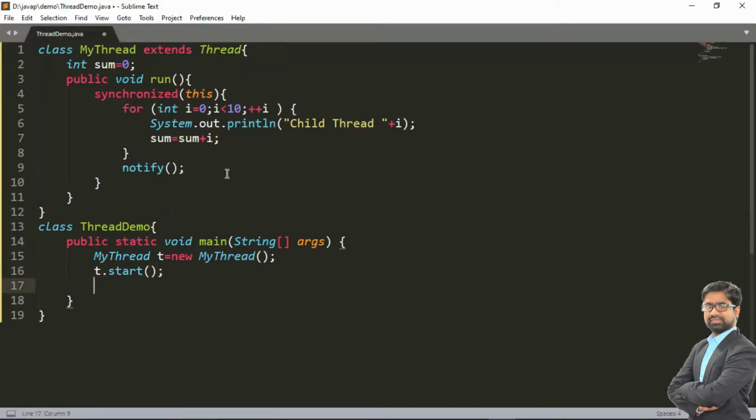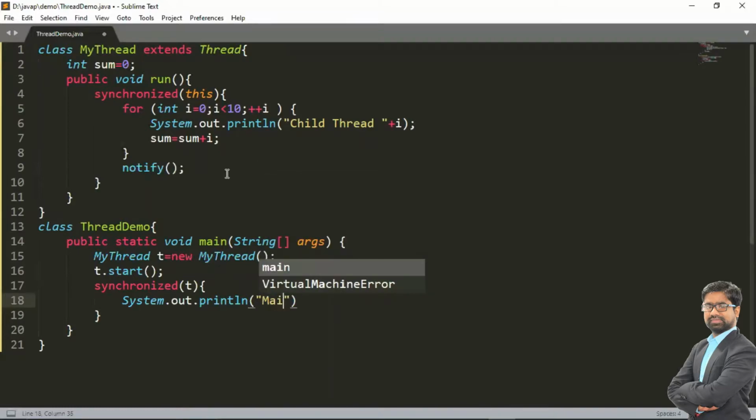Now again we are going to create a synchronized block here. We pass this thread, so only that thread will be executed. So we have a synchronized block for this thread, and we are printing a message with System.out.println. In the message we mention that my main thread is waiting for my thread completion, because we are waiting here.